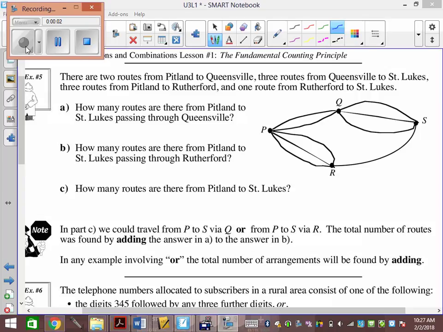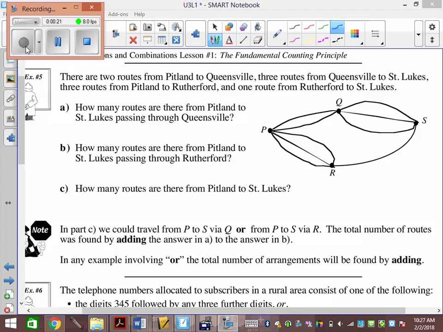There are 2 routes from Pitland to Queensville, 3 routes from Queensville to St. Luke's, 3 routes from Pitland to Rutherford, and 1 route from Rutherford to St. Luke's. How many routes are from Pitland to St. Luke's through Queensville? So whenever they do stuff like this where you're doing a route to somewhere, you're never